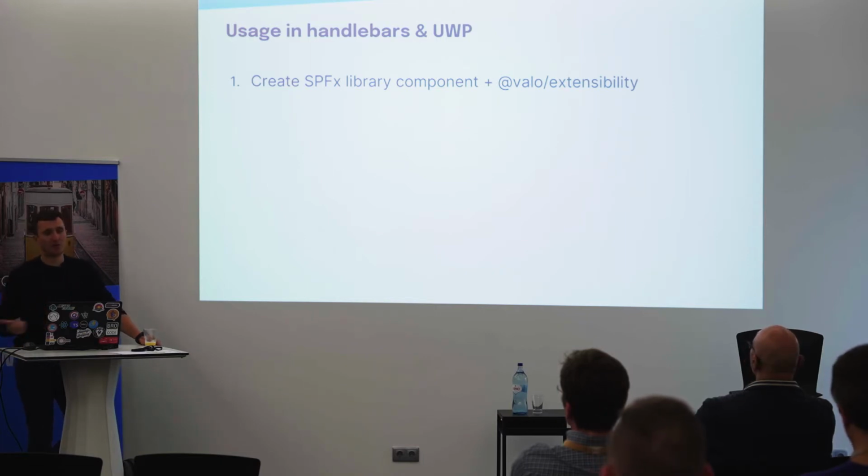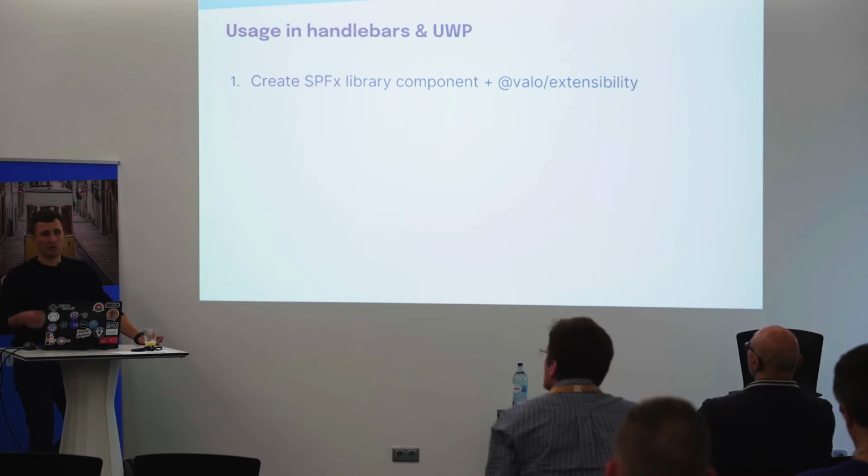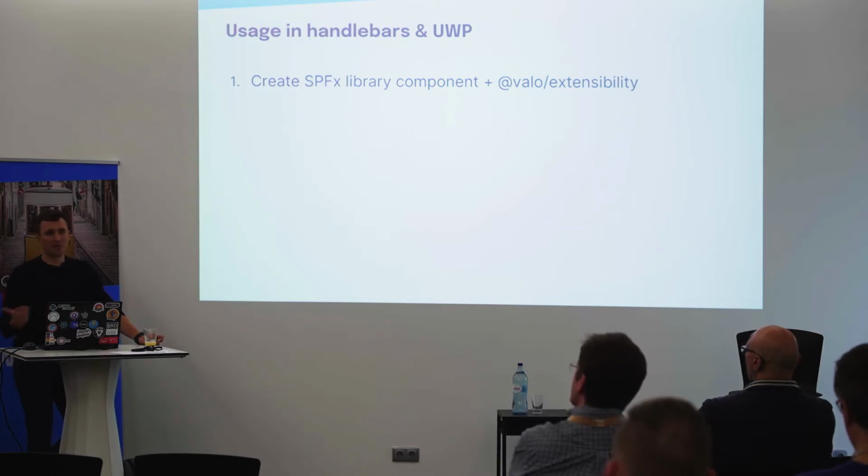The only thing that you need to do is to install the NPM dependency, which is called val extensibility, to be able to register the web components that we are going to create inside the universal web part. Why a library component? Because we use universal web parts in so many places, and we want to be sure that the web components are available in all our templates. When this is done,